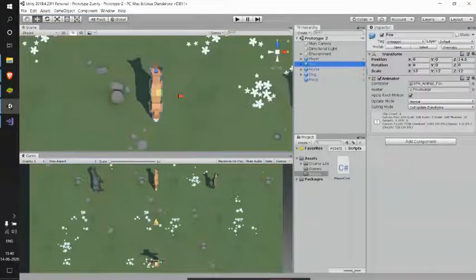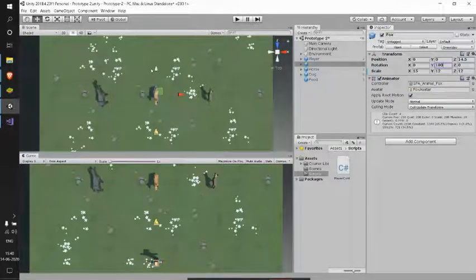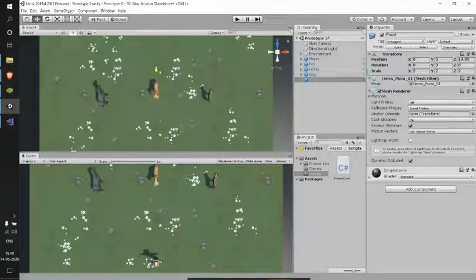Let me focus on my fox and rotate it by 180. In the game, say if my fox comes like this, my player must be able to throw food at it. So we'll make the game in such a way that when the food touches this fox, the fox and the food both will disappear, which means that we have successfully fed our fox.